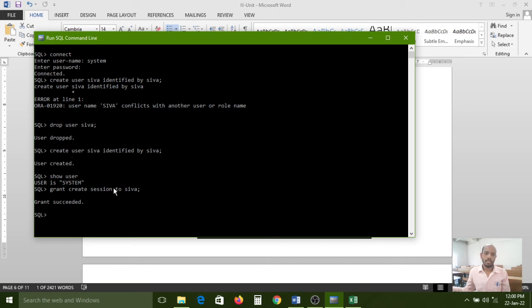The session is created for Siva in which user? In the system user. Because we have connected in the system user, not the Siva user. Show user command is showing the current user that is running. Now we are in the system user database.